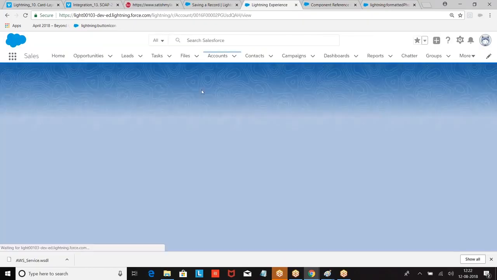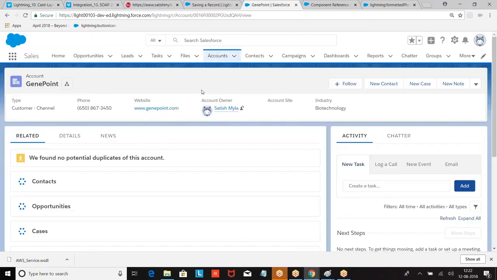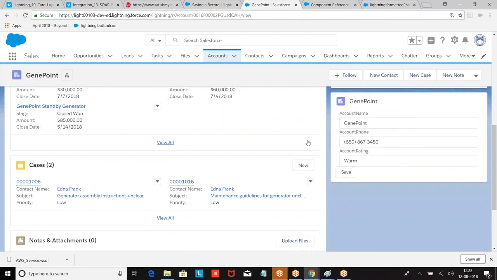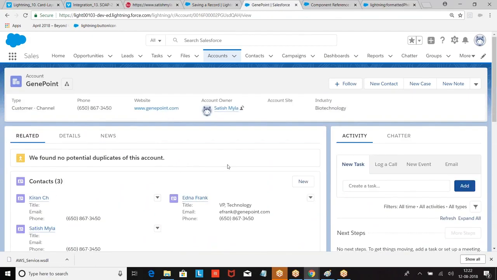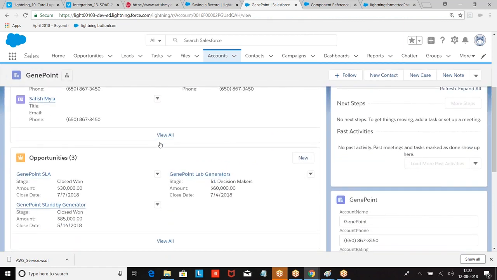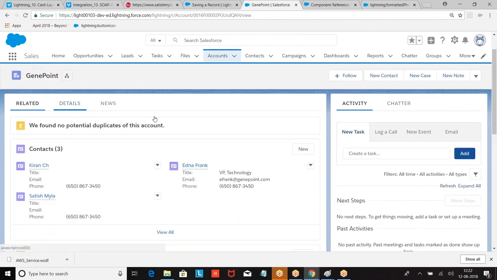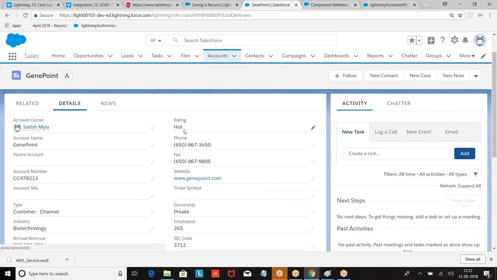In the first example I showed, when I made changes here, they were not reflected, right? Now we need to do it. Any point, rating warm, hot, rating hot, saved. So go back to this. Where is the rating here?